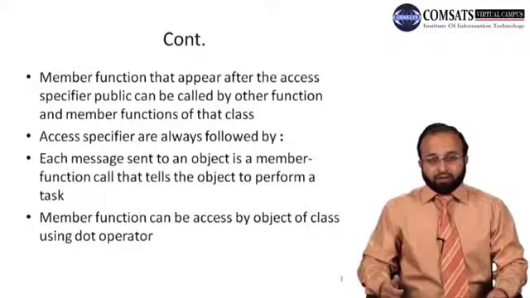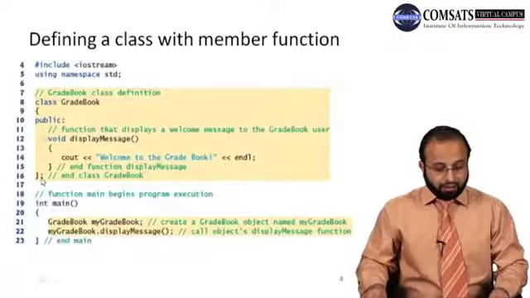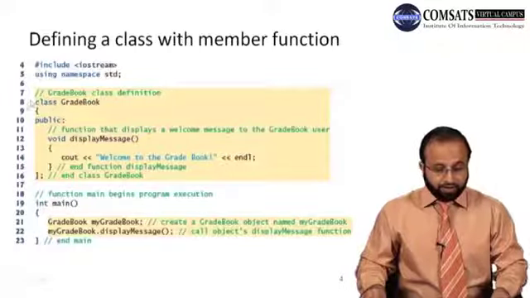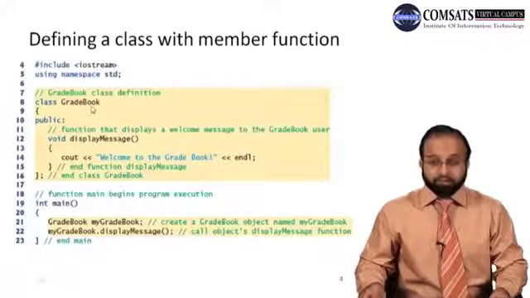So this is the class we have seen last time. Here you can see, the class definition starts from line number 8 and ends at line number 16. It starts with the opening curly brace in line number 9 and the closing curly brace at line number 16, followed by a semicolon. There is only one function inside the definition of this class. Class is the keyword in line number 8. The name of this user defined class is GradeBook, and